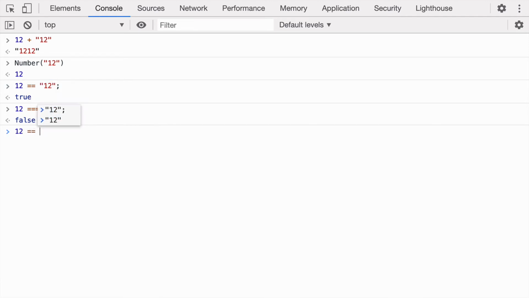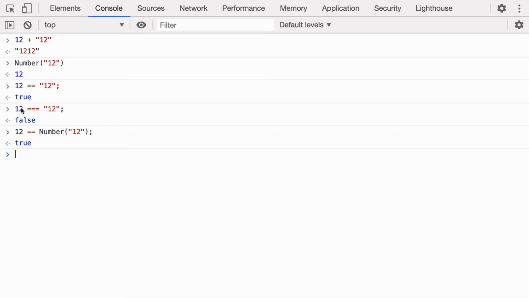You are asking whether 12 of number is equal to 12 of string or not. Then JavaScript is like, why would somebody want to compare a number with a string? So it performs implicit type conversion, and it will convert this value into a number value. Because it is converted into a number, this value will be 12 exactly like this, and that is the reason the output here is true.